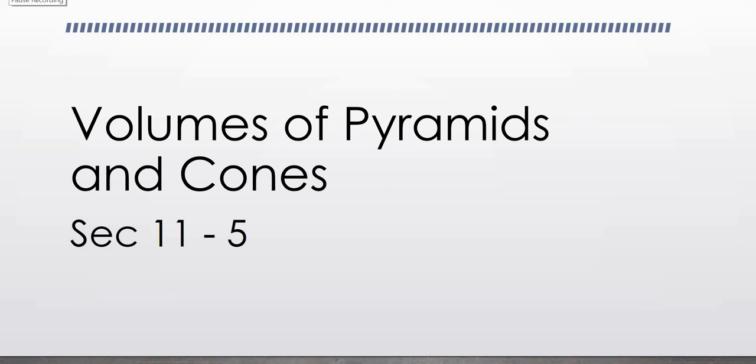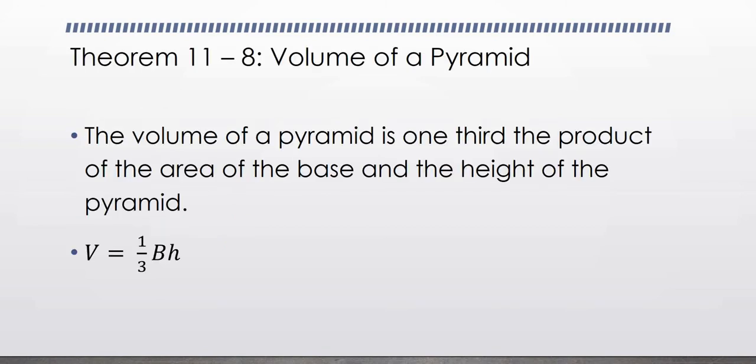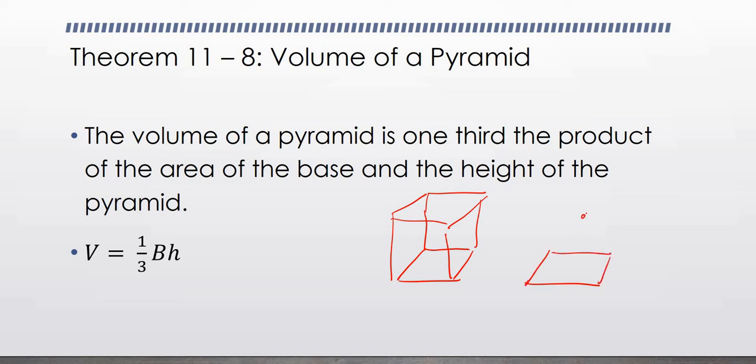Section 11.5 is volumes of pyramids and cones. So, the volume of a pyramid is 1/3 the product of the area of the base and the height of the pyramid. So if you remember, for a prism which goes straight up, it was the area of the base times the height. Now that I'm doing a pyramid, which goes up to a central point,